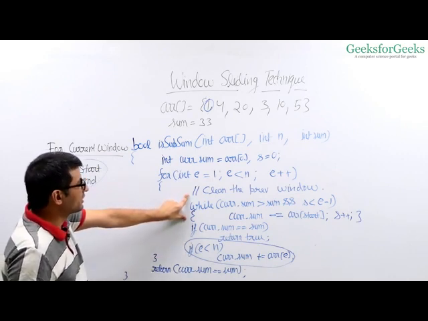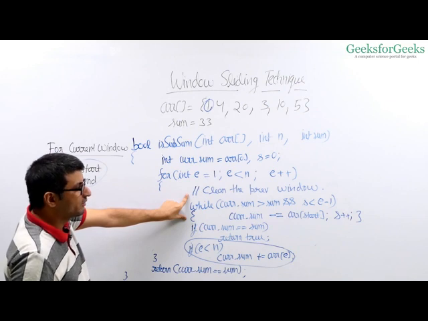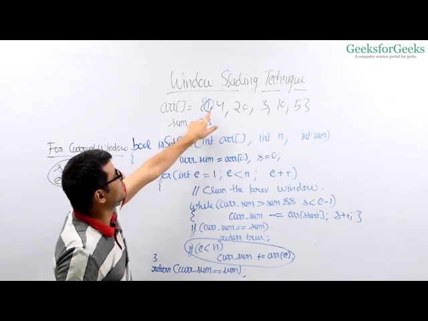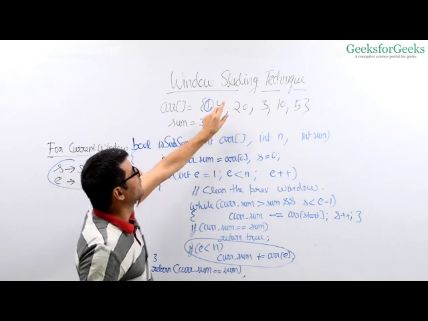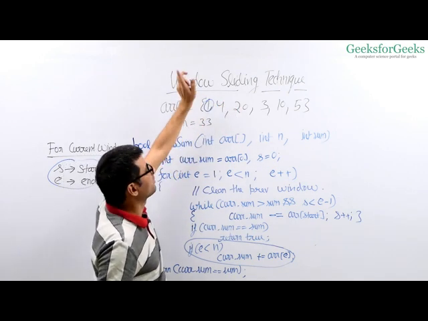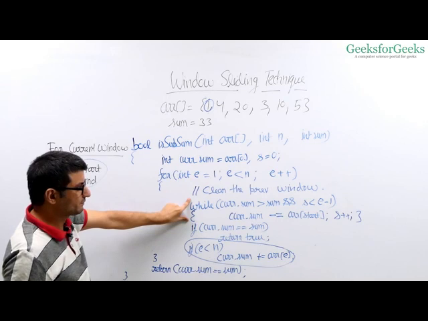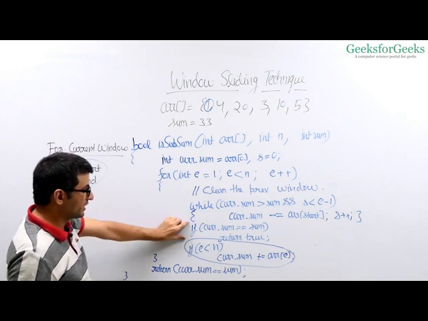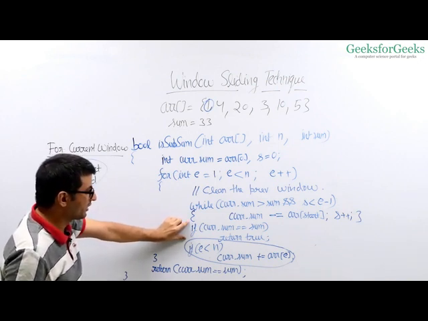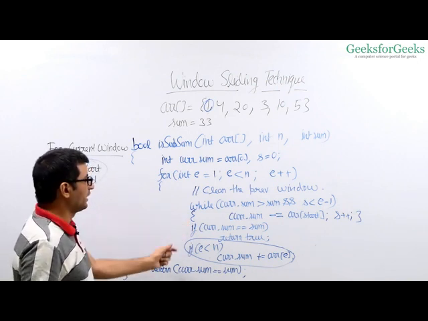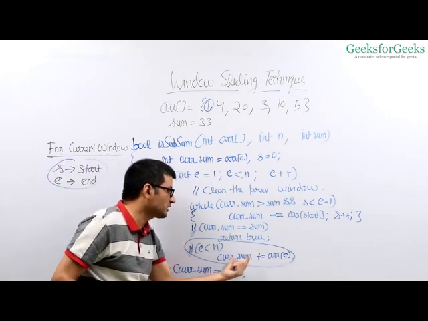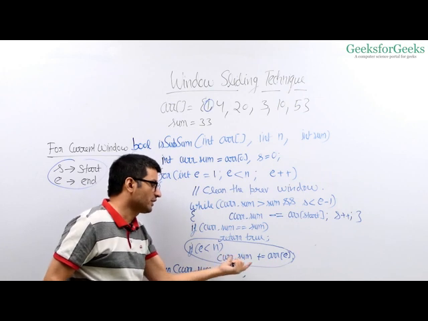Before we add the current element, we clean the previous window. We check if the previous window was having any extra element or sum more than the 33 sum. Suppose the first element was 34, then 35, and if you come to the next element, you will remove 34. That removal happens here. The first elements which are causing greater sum, they are removed here. And then you check if the current sum is equal to given sum or not. If it is equal, you return true. And after that, you add the current element to the current window, right?